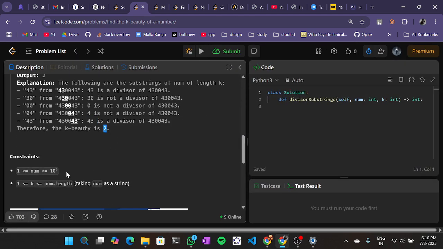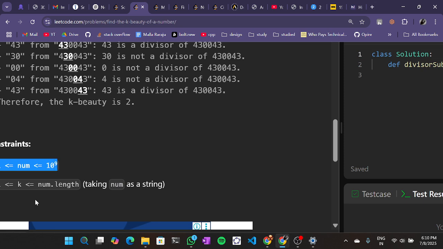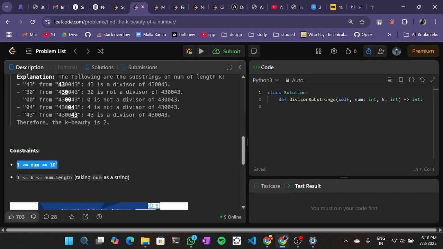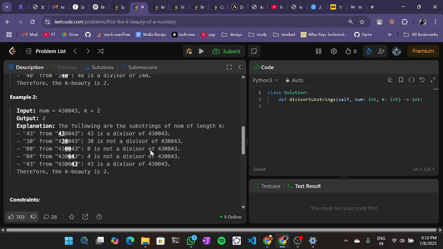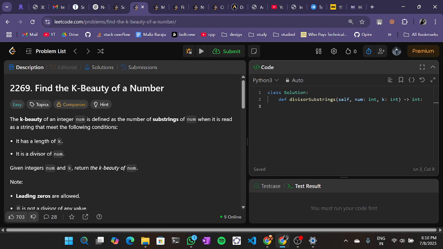And if we see the constraints, the number can be anywhere between 1 and 10 to the power of 9, and k will be between 1 and the length of the number itself. Now the edge case will be